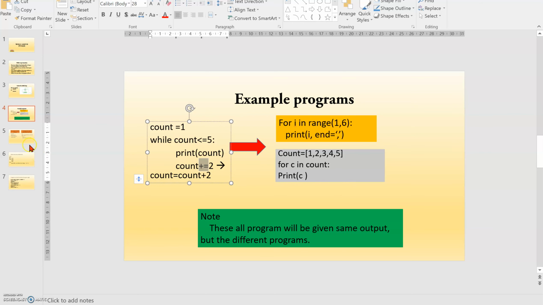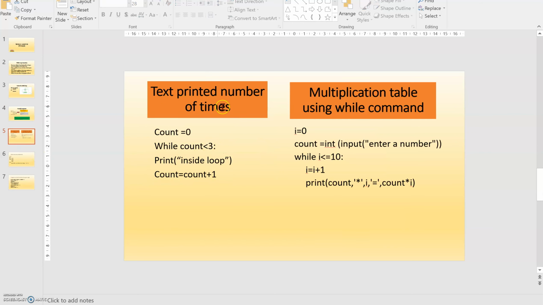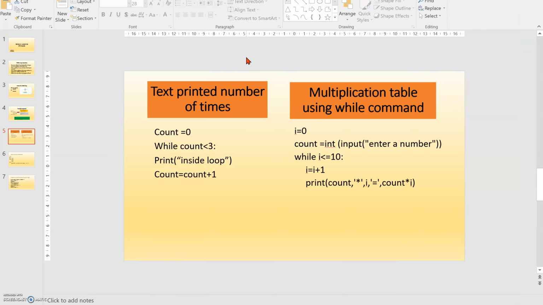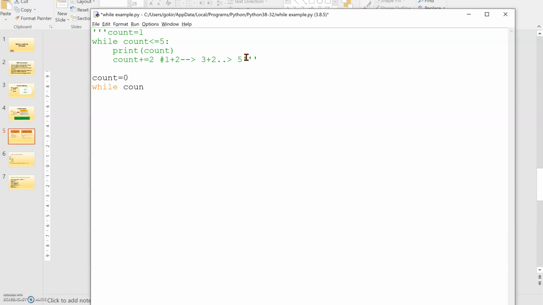Okay, here we can say the next program is text printed a number of times. So 3 times it has to give, like, inside loop. So let's see this program now. So I'm hiding this. Okay, so count is equal to 0, while count lesser than 3. So what to be printed?